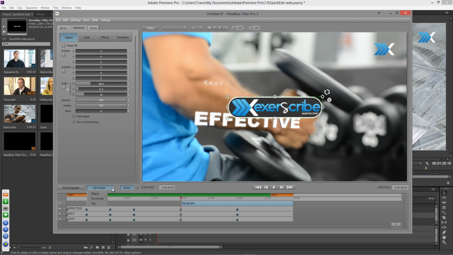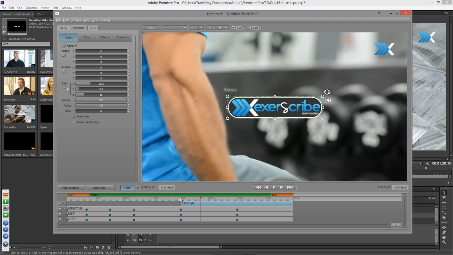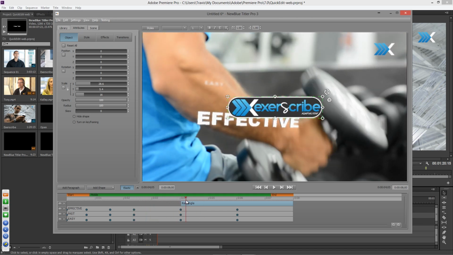The other shapes for that person that asked, we have rectangles, we have ellipses, we also have stars. Very cool tools. Stars may be even misleading because it's kind of myopic in what it can do. It can have a number of points, rounded or not. You could make badges out of it. It's a great tool. Go experiment with a star for sure, but I won't waste your time with it at this moment. So now we have this Exascribe logo here,